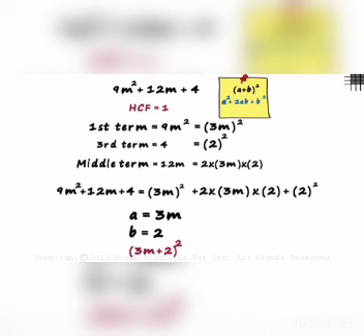The question is, how do we know that the first identity has to be used? It's simple. Look at the first and the third terms. They have 9 and 4. Both can be written in squared form. And the sign of the middle term is positive. So the moment you see such terms, remember that the chances of using the first identity are very high. And if the middle term was negative, we would have used the second identity.